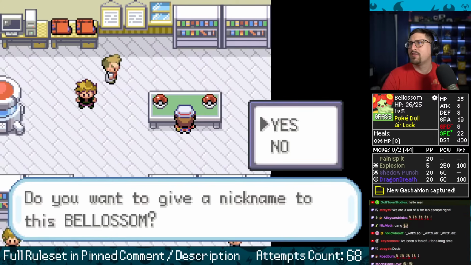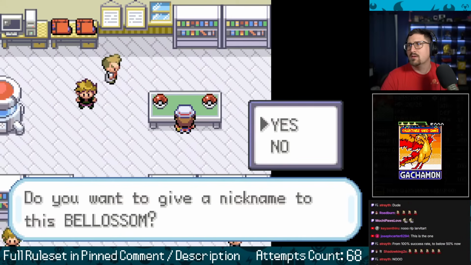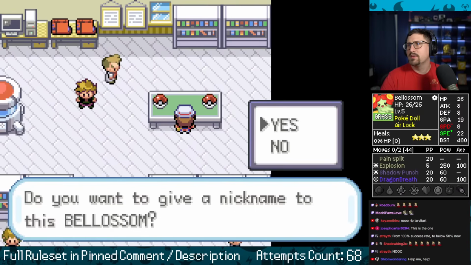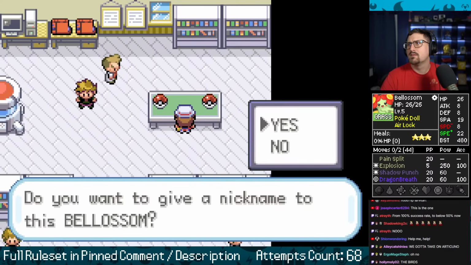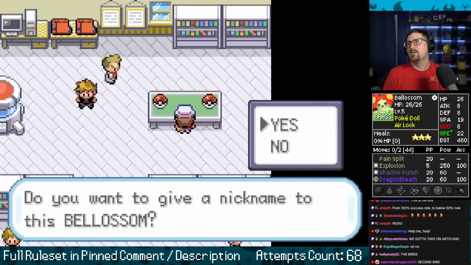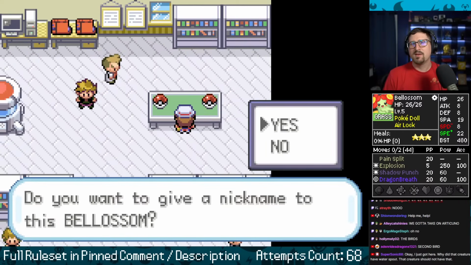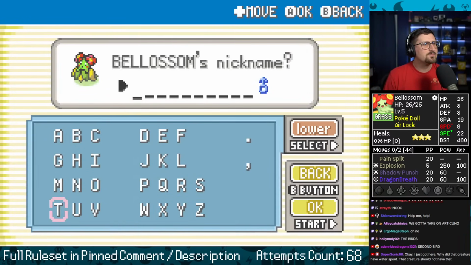Oh my god! Oh, that's special attack. Dragon Breath is my only special move. Really, really good stats, though. Jeez. Except for the defense, that's low. This is a pretty well-statted Blossom. It just needs better moves. And if it's looking bad, then we'll just explode.